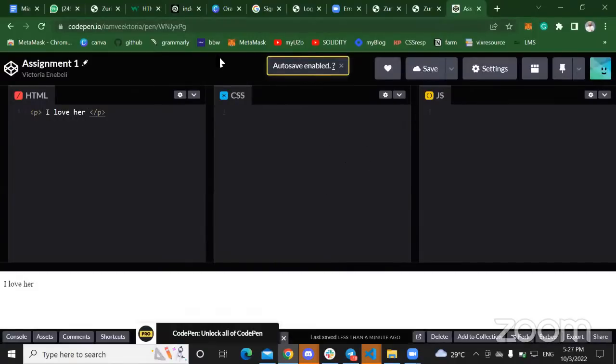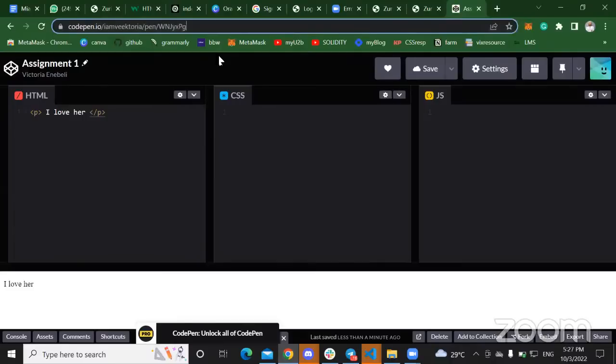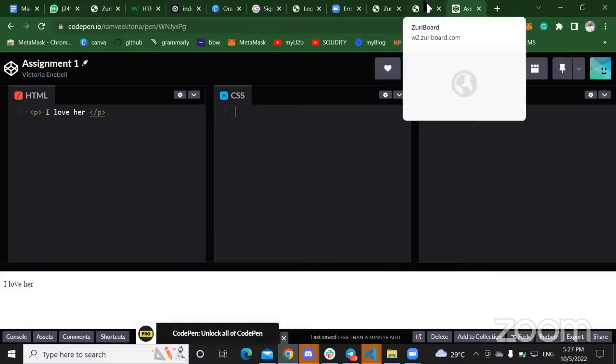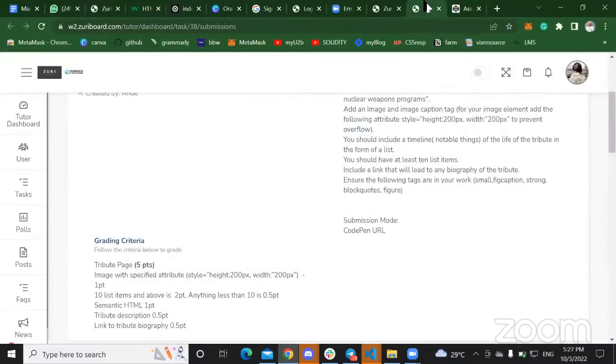Save your work, because we're not going to see it otherwise. So you just save it, then you copy this URL and send it to us, right? So we'll be able to see your work. It's actually the CodePen URL. Don't get it twisted. CodePen URL,